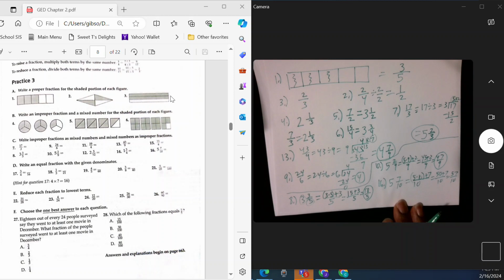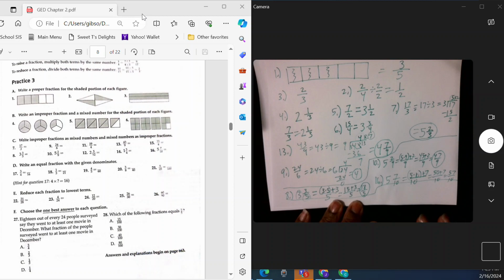Okay, now it says here for D, write an equal fraction with a given denominator. All right. Now, this is a little different. It's not bad, but it's a little different. So we look at 17. 17, we have 3/4 is equal to